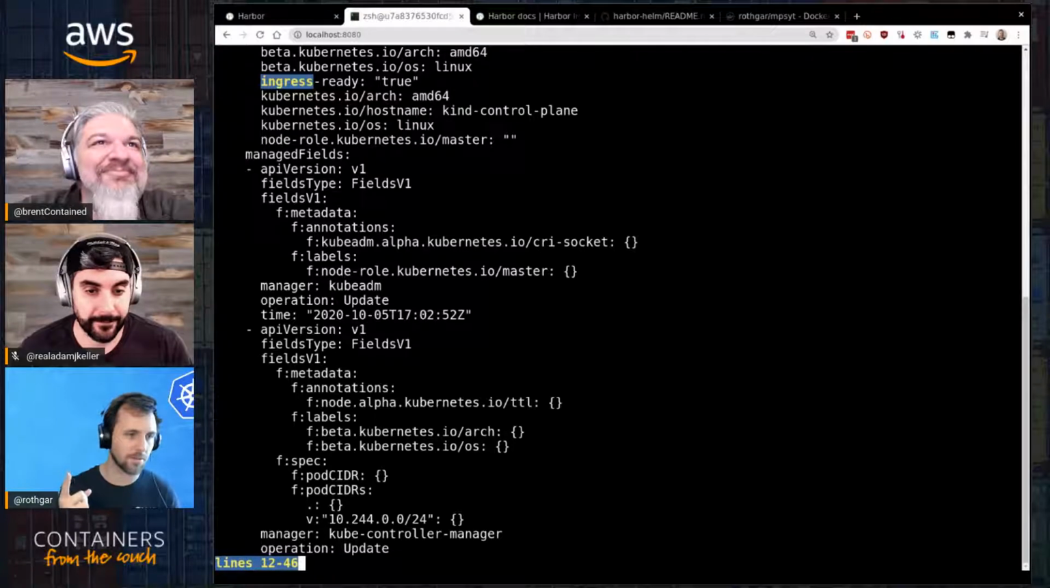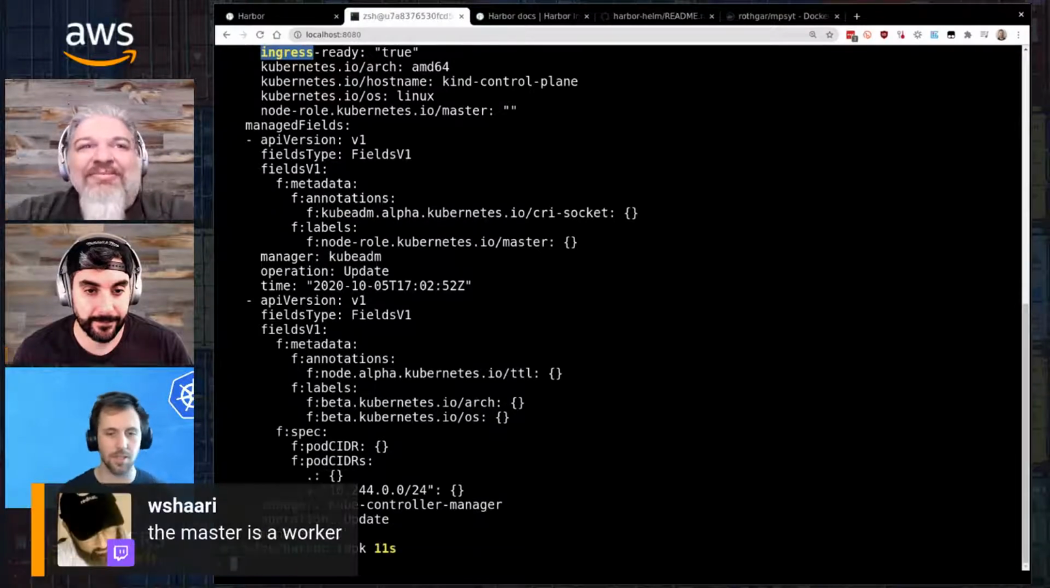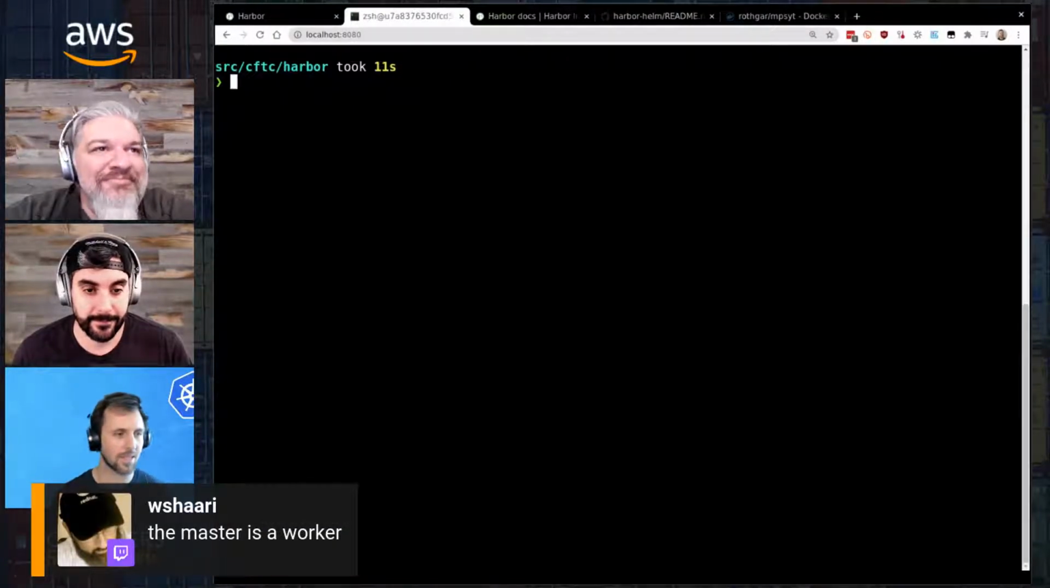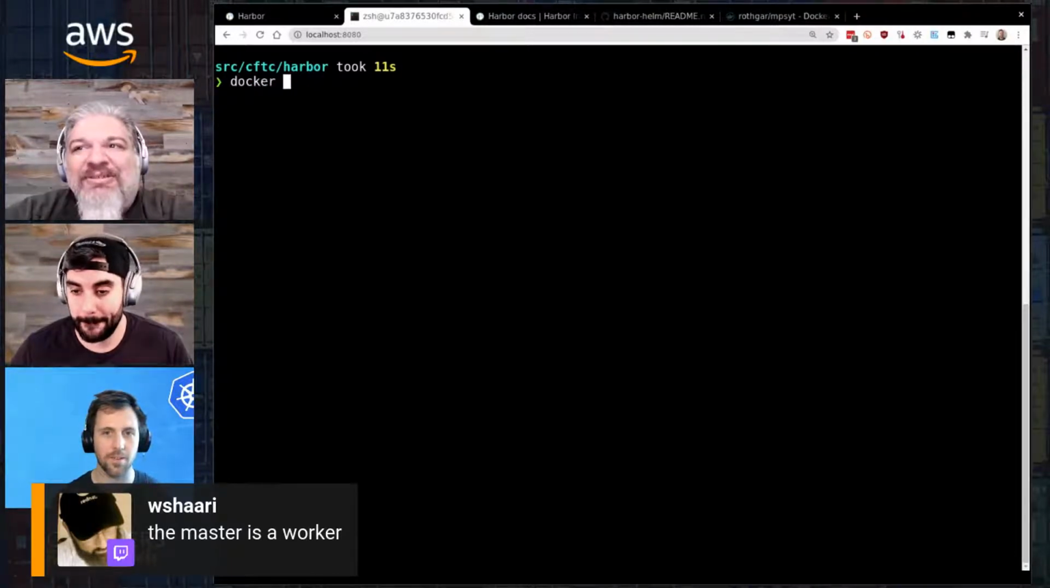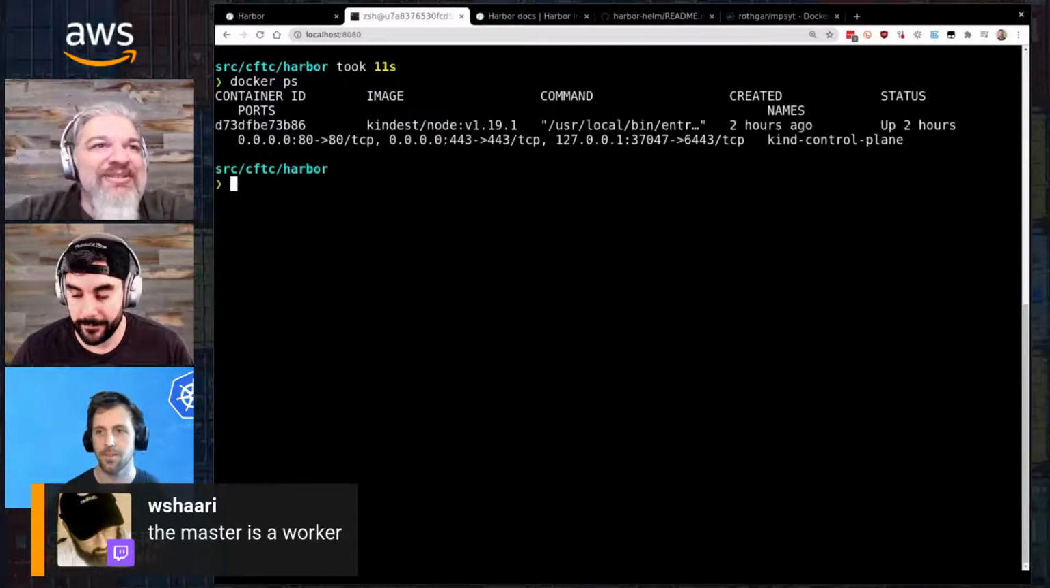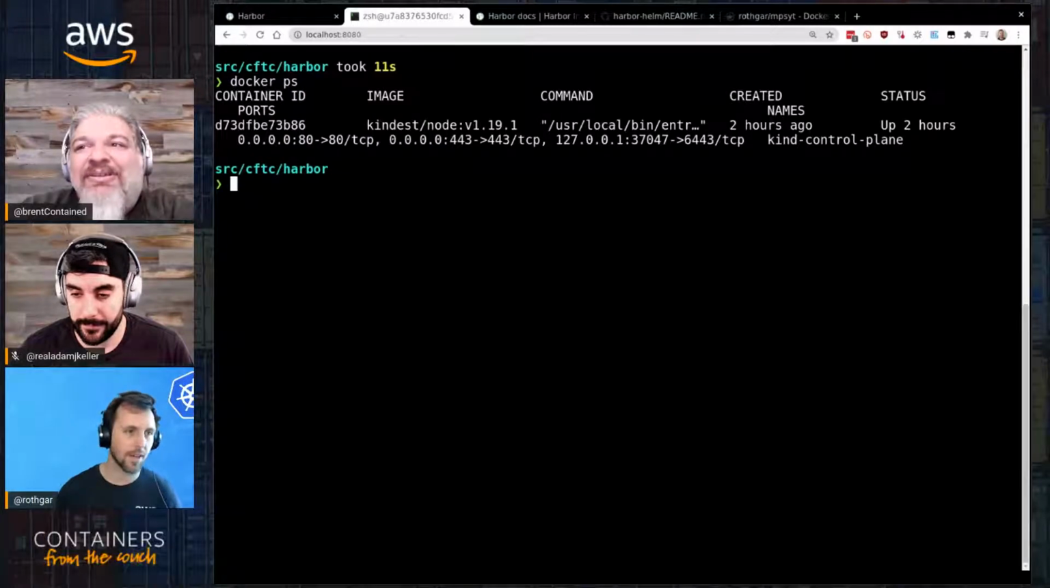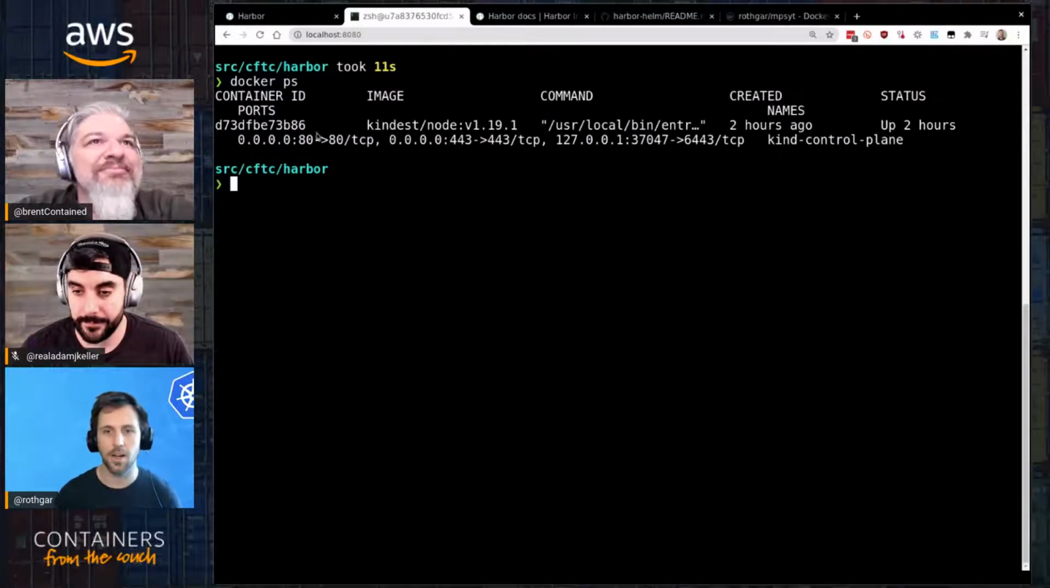It's running just one node. It's also the control plane. It's a single node Kubernetes cluster, which is why that makes more sense. Yeah, and WShari also says the master is a worker. So yeah, if you're looking here, this is my one container, which is my node, and you can